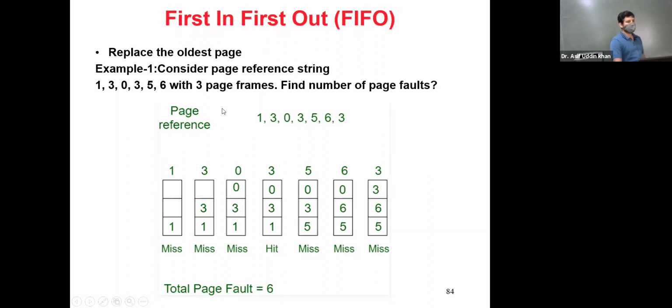Okay, so this is how the First In First Out (FIFO) page replacement algorithm works, and this is how we can find the number of page faults here. Here the total number of available frames is 3. You can try this with the same page reference using 4 frames also. So I have one question for you: if we increase the number of frames, will the page faults increase or decrease? Can you tell me?